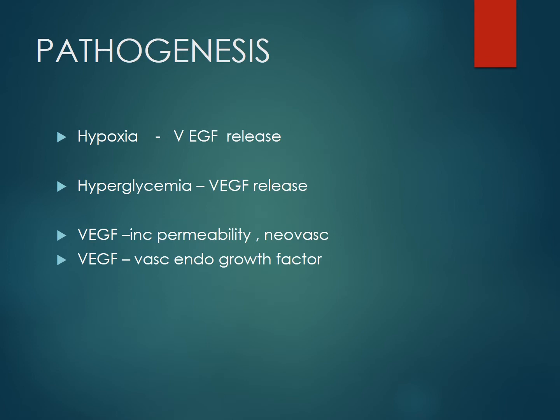In the previous class you saw that new vessels were formed over the iris and also in the angle. Here, new vessels occur in the retina, and when they occur over the iris and other places, it's a reaction to this only. So coming to the pathogenesis, hypoxia favors release of vascular endothelial growth factor. Similarly, hyperglycemia also leads to vascular endothelial growth factor release. It is responsible for increased permeability as well as new vessel formation, called neovascularization. So VEGF is vascular endothelial growth factor, which has been implicated in diabetic retinopathy.